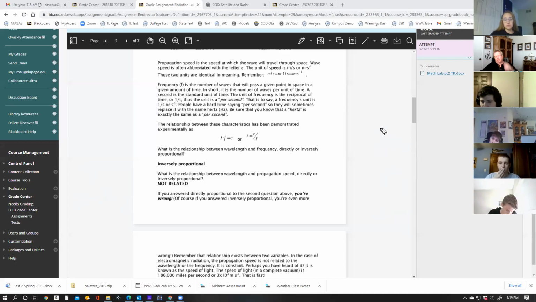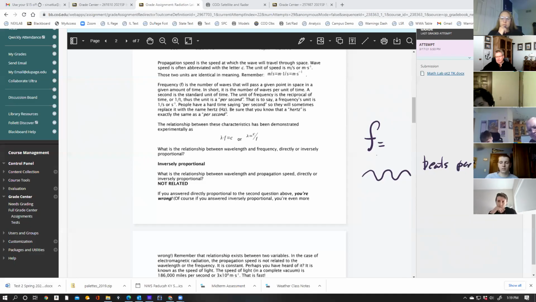And you should know something about the spectrum. So we're basically measuring the spectrum in terms of wavelength. But we have this equation. We also have something known as frequency, and I'm going to use F for frequency. If I have a wave going up and down, it's like this. That's a frequency. And the unit of frequency is like beats per second